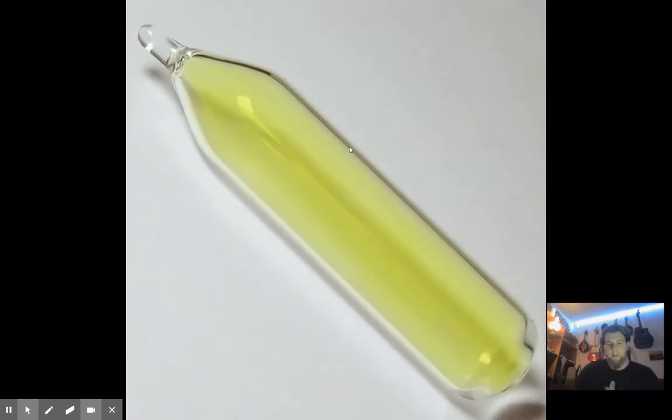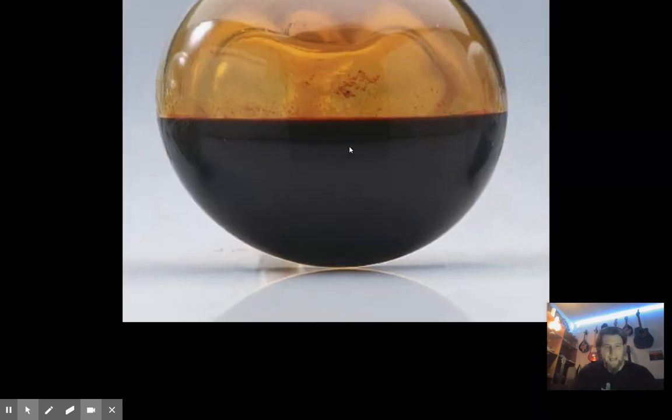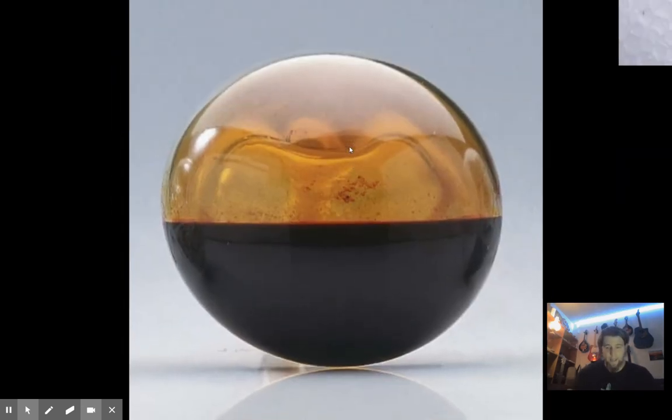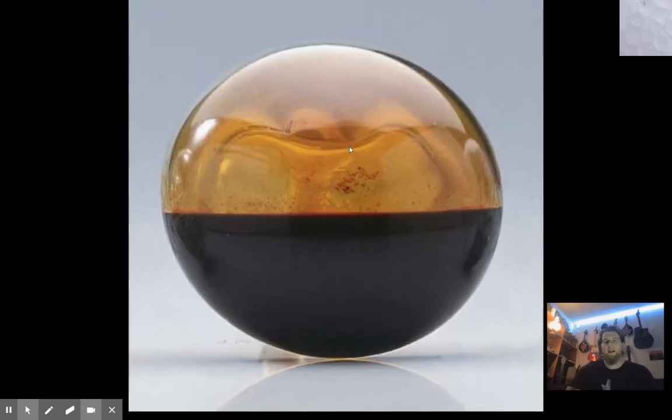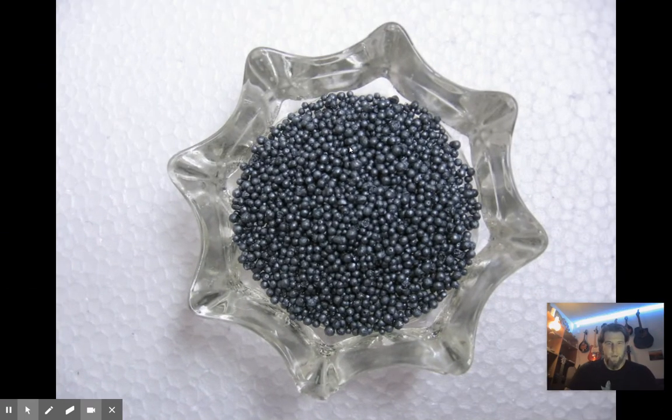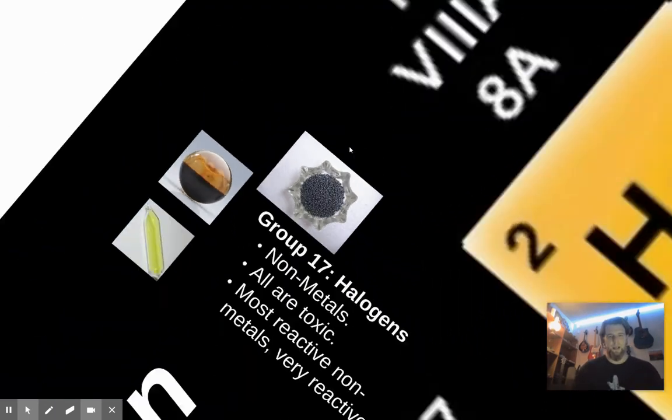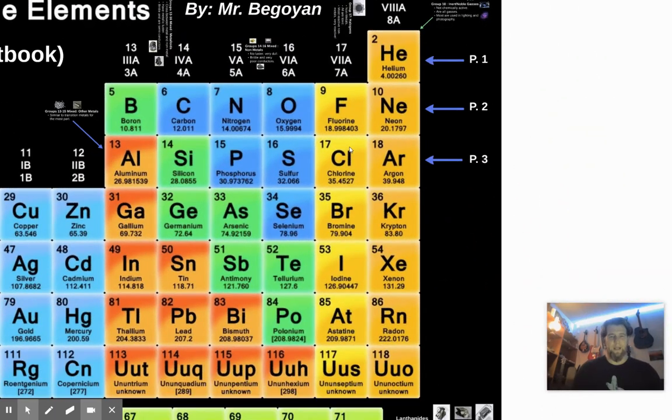And so there we have some of our gases. We have chlorine gas. That's chlorine gas because it has that brown color. Then you have neon gas in there. Let's see if we have another one in there. So that's when we're getting towards the bottom. They can be chemically combined with other things to put them in a solid form, which if we're looking at that there, that's iodine.